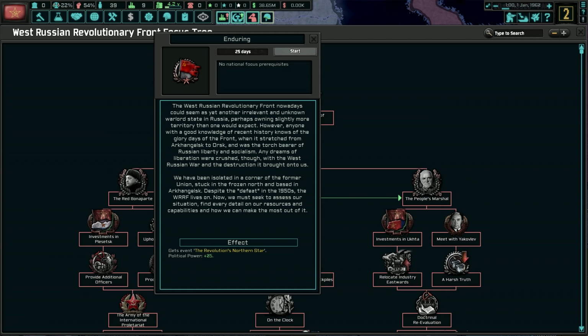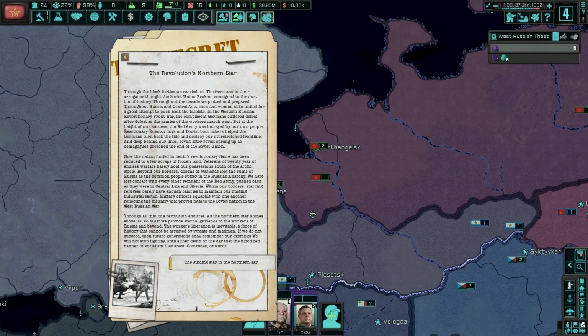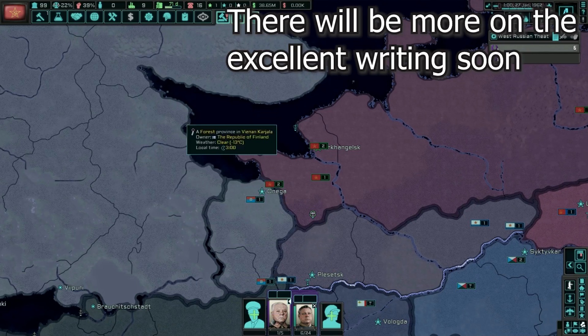I stuck with the Revolutionary Front just to get a feel for things, and since the focuses in the mod are around 28 days each compared to the base game's average of 70, it didn't take long for me to get through them. And as I went through the small focus tree, I was being hit with a really deep story, introducing characters and motivations and world building, and when I finally got to the end of the